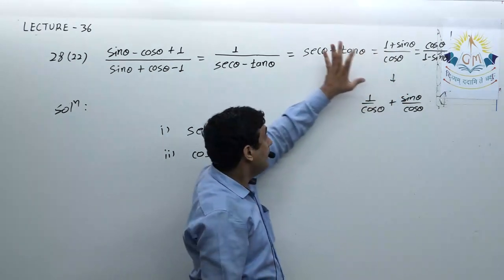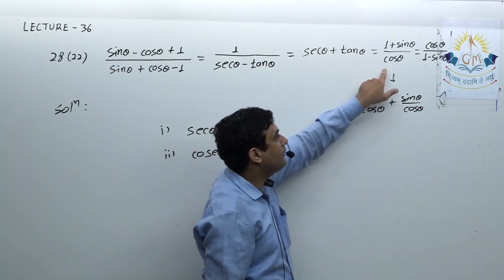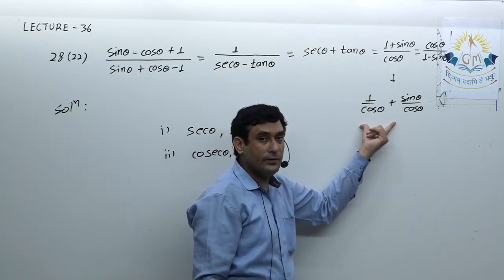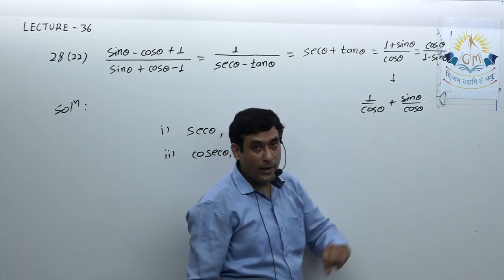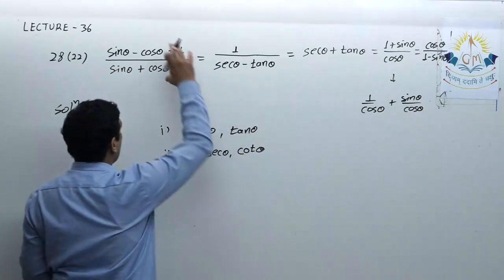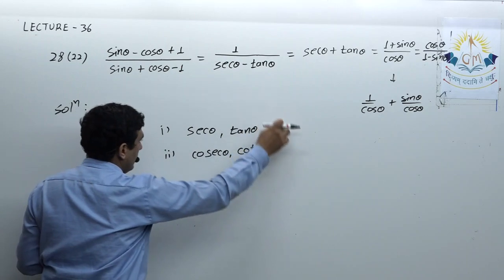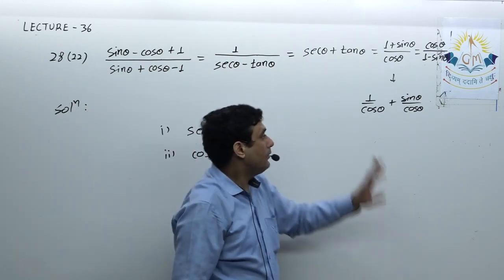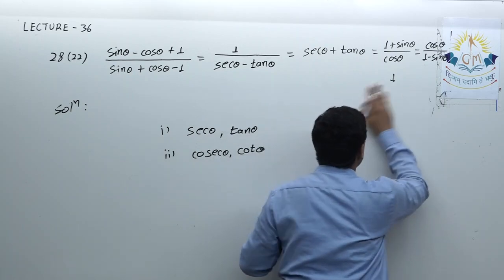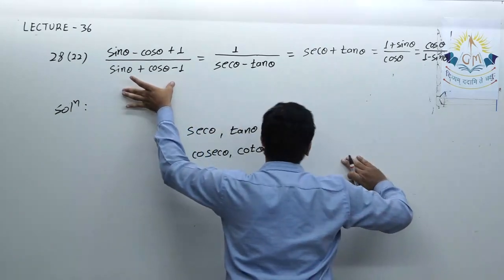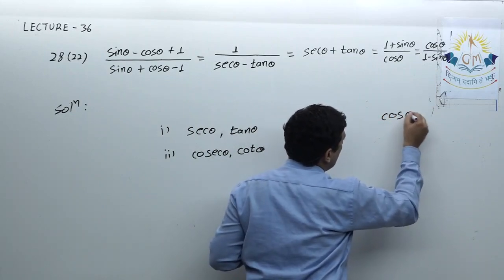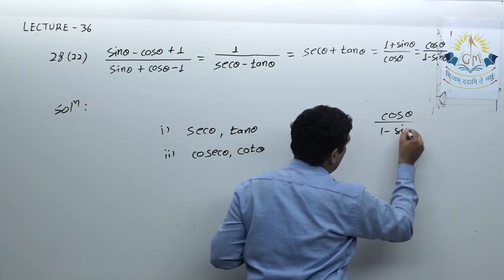That means if the right hand side is also in the form of sine and cos, then you have to check with this method to identify whether you have to convert the given expression in the first form or in the second form. Okay, now suppose the second one is given, that prove that the first one is equal to the last one. So here it is cos theta upon 1 minus sine theta.